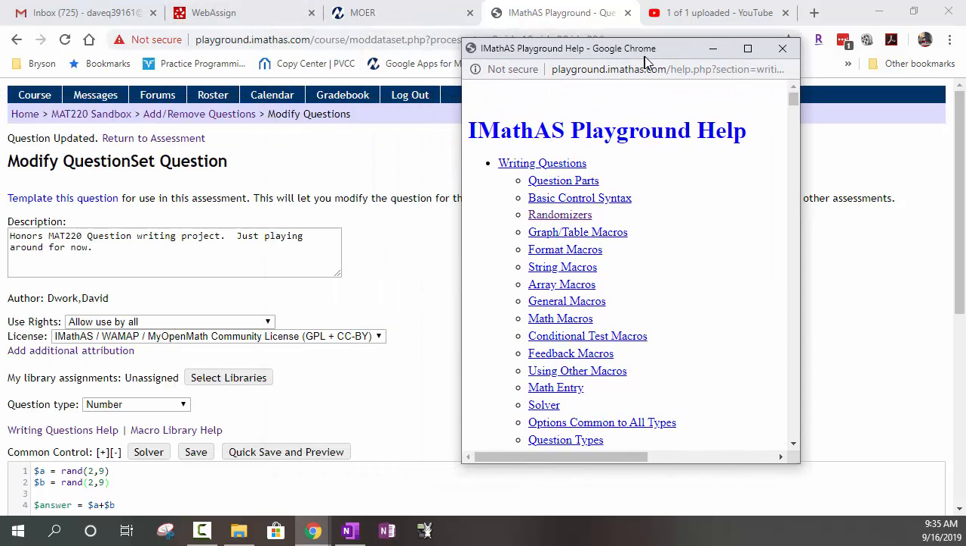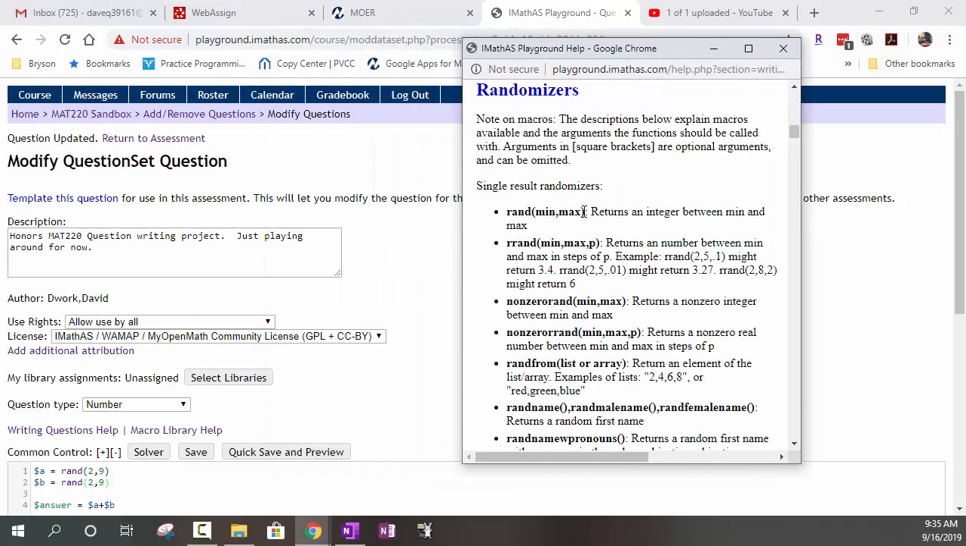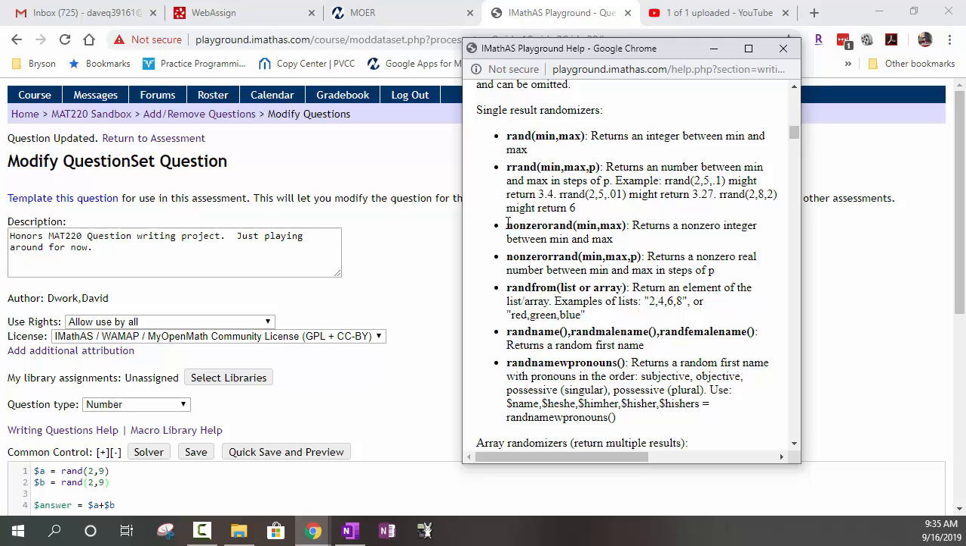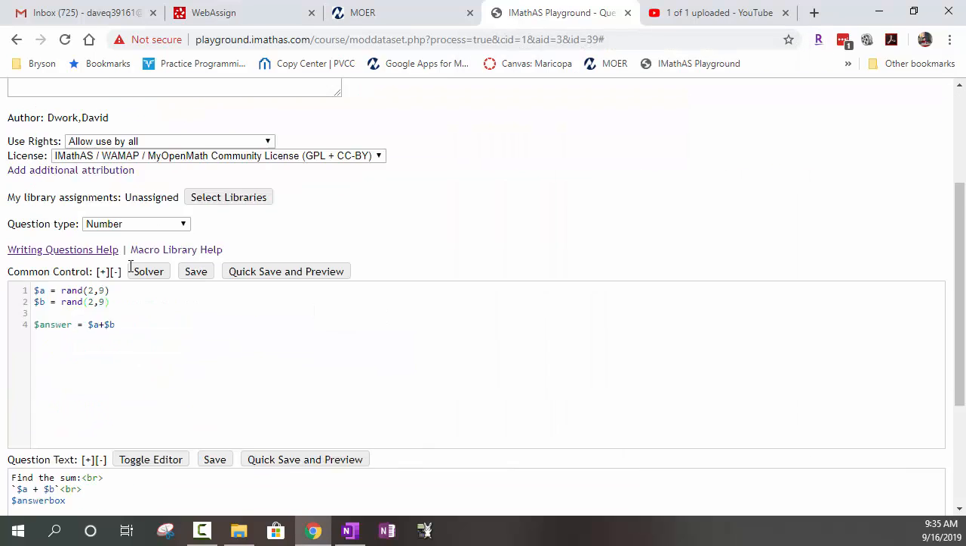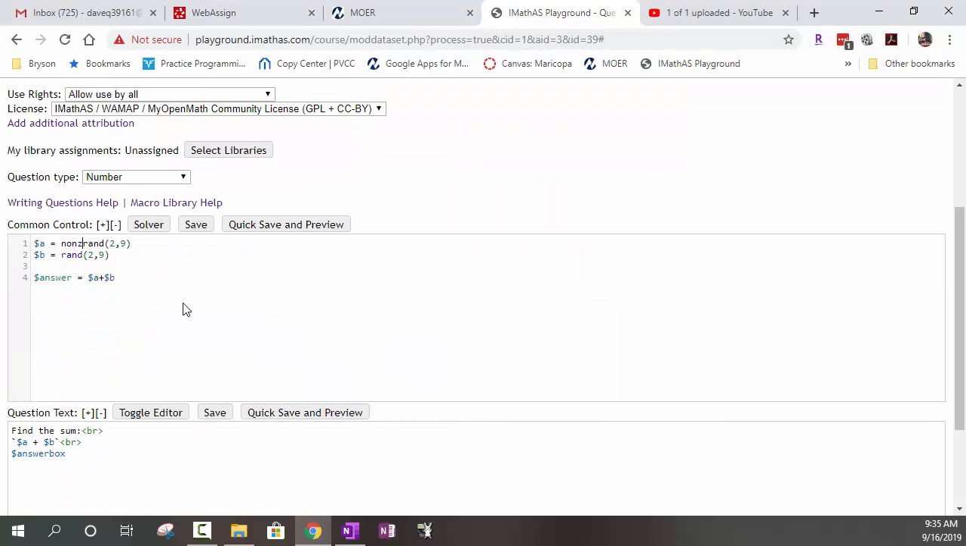Because sometimes you want, say, I want any number except for 0. That's one of the ones I use a lot. So you'll notice you just type in non-zero rand min and max. So for example, I could do non-zero rand, and I'll do the same thing, non-zero rand. But now it doesn't really do anything because I'm only going 2 to 9. But now I could do negative 9 to 9 and negative 9 to 9, and we'll do quick save and